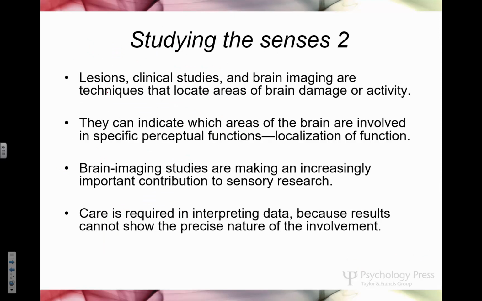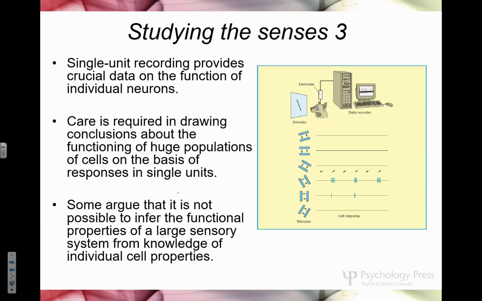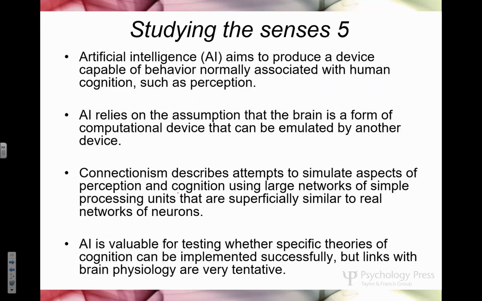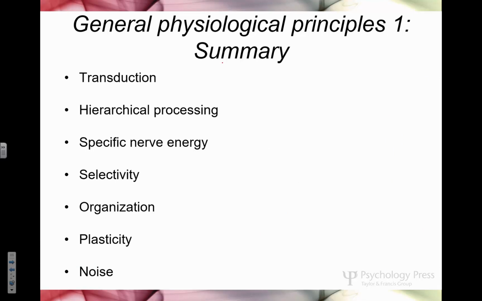All right, studying the senses. We talked about this stuff: localization of function, brain imaging. Got to be careful. Studying the senses: single units, we talked about that, psychophysics, artificial intelligence. What are some other things we should think about? Transduction. This is a big process. We'll talk about this many times. Transduction is quite simply taking a stimulus and turning that into an electrical signal that your nervous system can use. That stimulus can be light, sound, touch, or smell. Whatever that is, we've eventually got to turn that into one of those electrical signals, right?